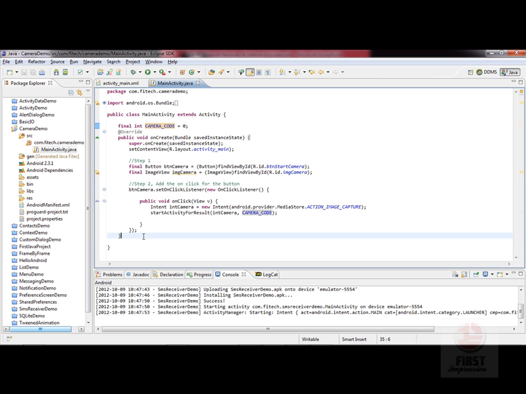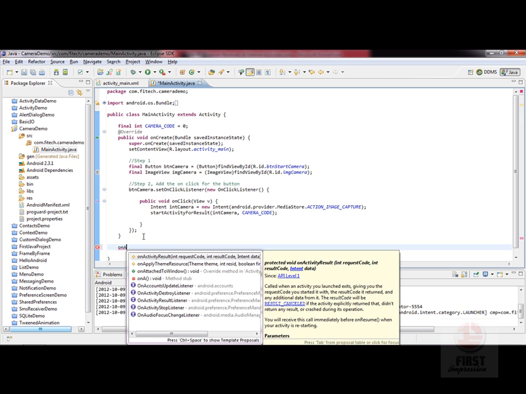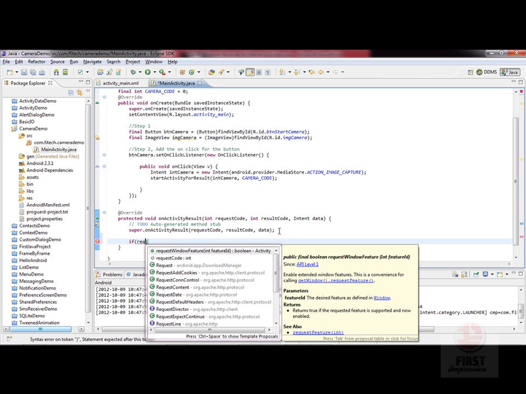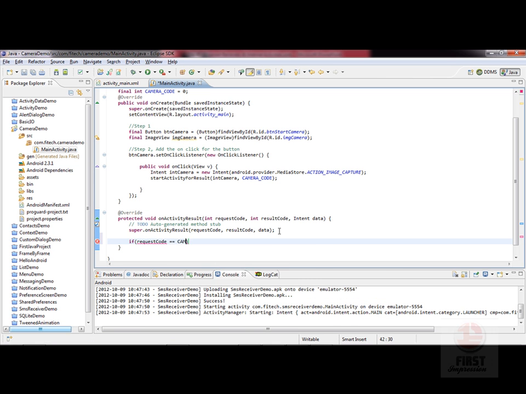Whenever there is a result from the activity, the onActivityResult function is called. Inside this onActivityResult, we get the request code. This request code would be the camera code if the result has occurred from the camera application. So I'll just compare that once. I'll say if requestCode double equals CAMERA_CODE, that means I am able to get the data from the camera. From the data I have to get the bundle, and from that bundle I have to get my image. So I'll say Bitmap